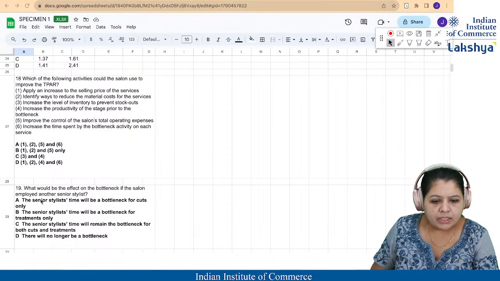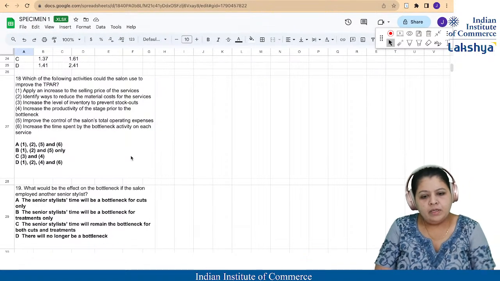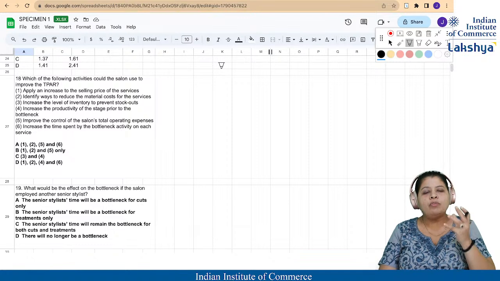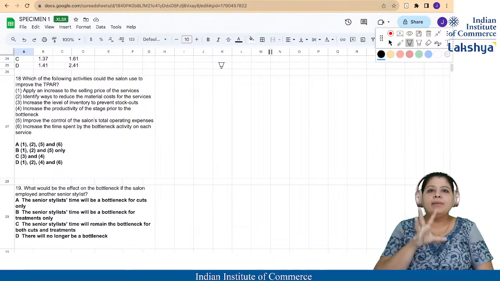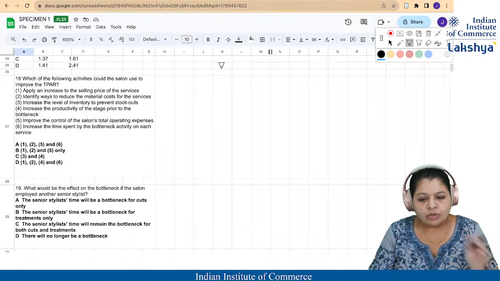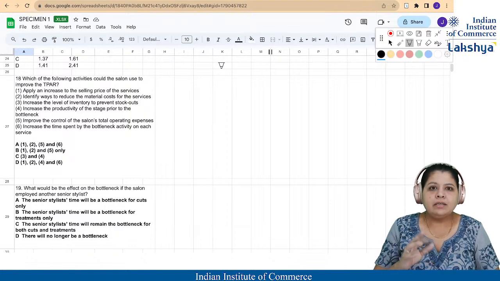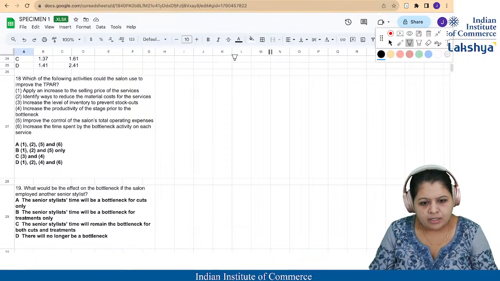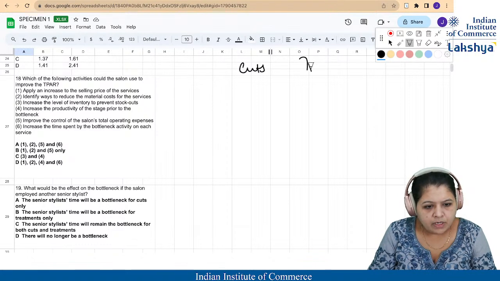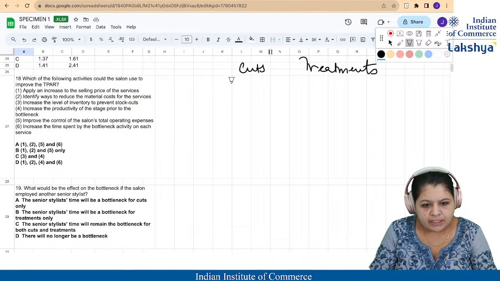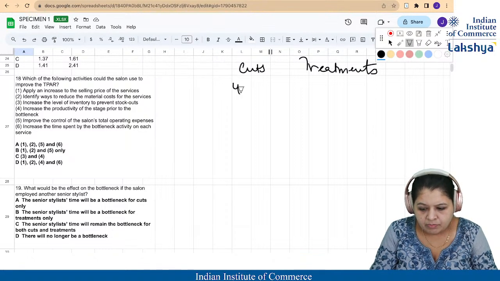Right. So for this question, we need to first figure out the existing amount of treatments and cuts that all three of them can do right now, right? When we saw earlier, 2400 hours are available. There are three seniors, two juniors and two assistants, right? So let's take those values here in terms of cuts and treatments. The cuts and treatments that the company has right now is, as I said, 2400, which makes it